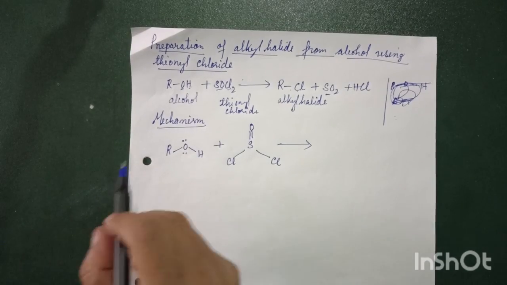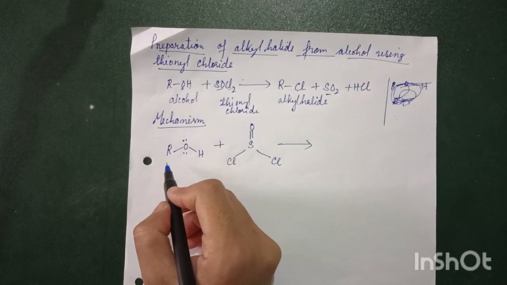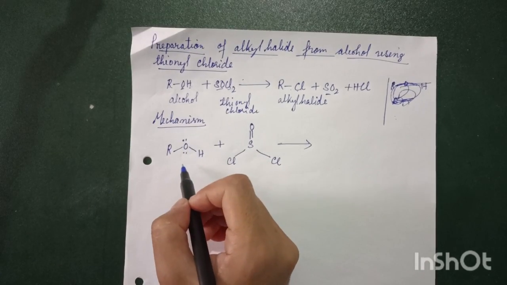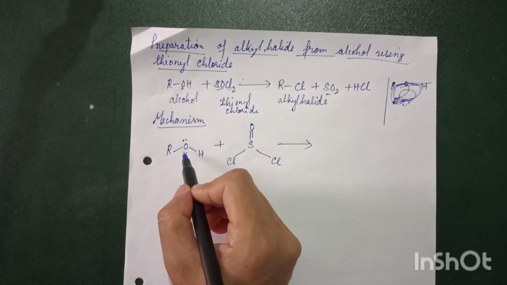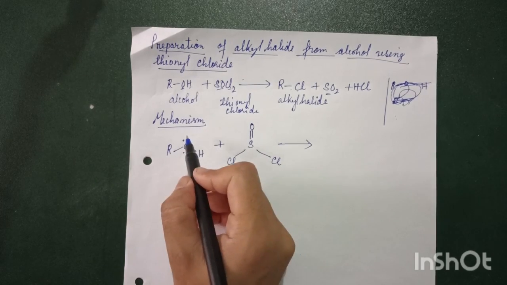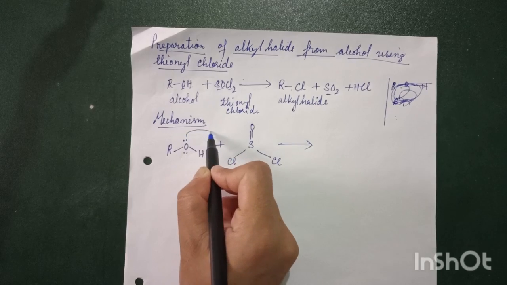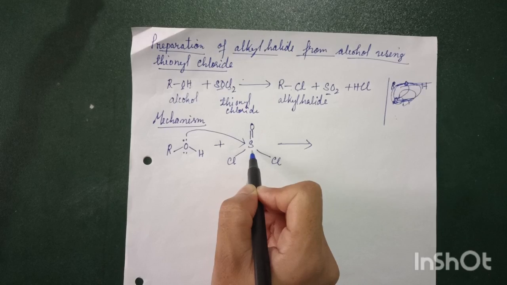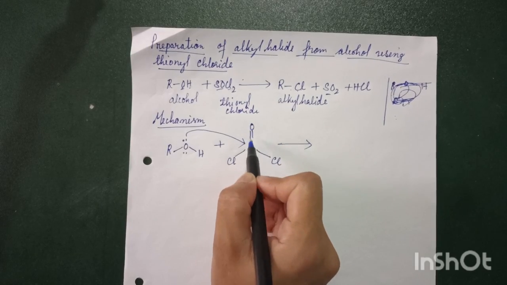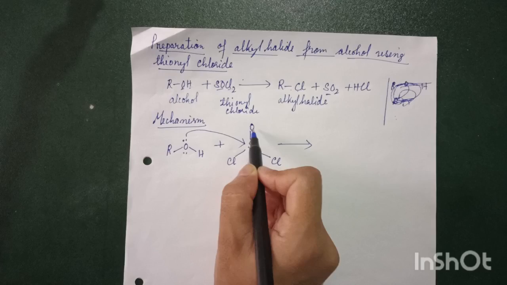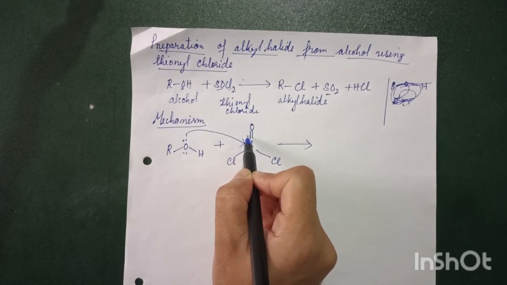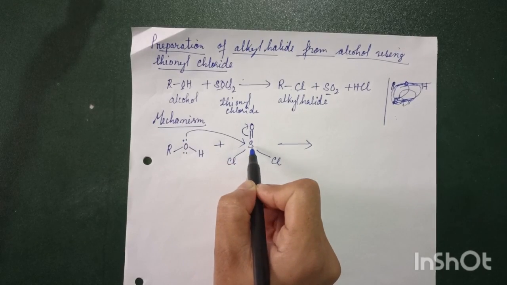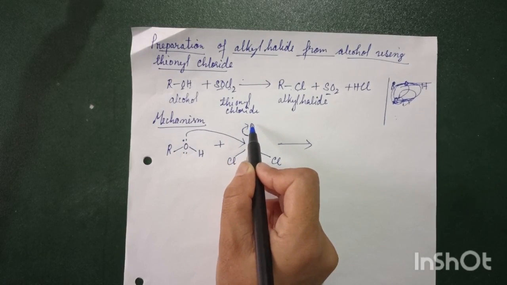Okay. Now let us start with the mechanism of the reaction. So this is your alcohol and this is your thionyl chloride. This alcohol is a Lewis base because this oxygen carries a lone pair and has the capability to donate electrons. So it will attack the sulfur, because sulfur here will act as an electrophilic center, since this sulfur is bonded to an electronegative atom, that is oxygen, which will try to pull the electrons. So this will behave as the electrophilic center, and this will attack it, and oxygen being more electronegative will pull